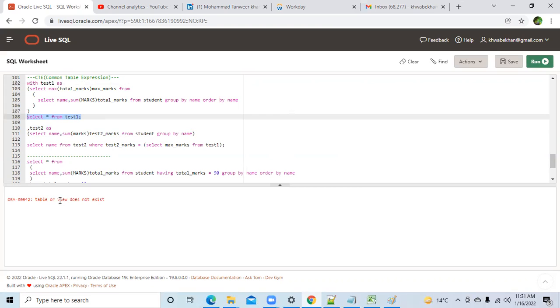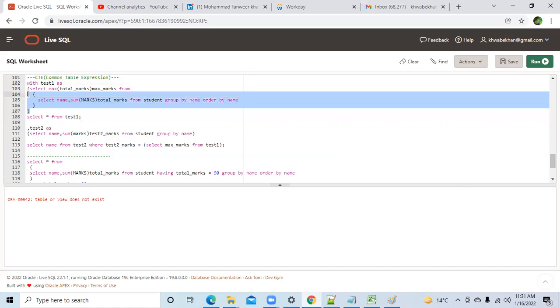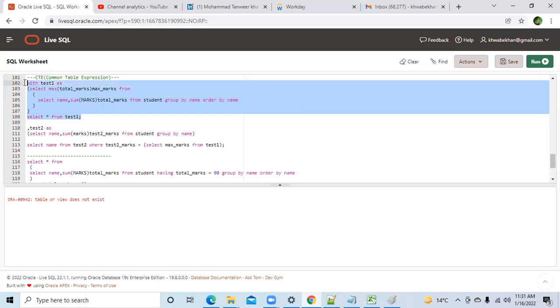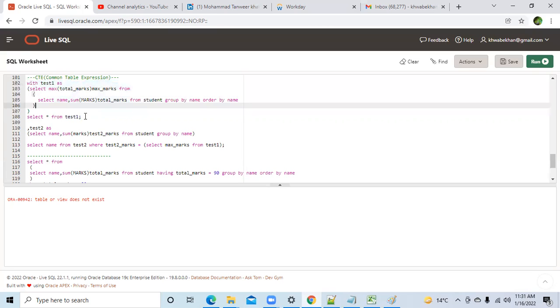The error message says table or view does not exist. Why? Because actually this table we have not created. We created it at runtime. At runtime I'm telling SQL to take the output of this query into a table. When you execute it all together, SQL understands that test one is a temporary bucket the user is defining. So when you execute all of it together, only then you will get output. But Vedanta, you are correct. If you run this individually, SQL will not find where this test one table is, and it will throw you the error message.